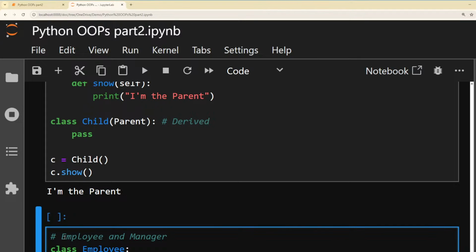Then self dot name equals name. Why are we doing this self dot name equals to name? Because we are making this name an instance of the class. Then we'll create one more function, def work, and again we'll take self,